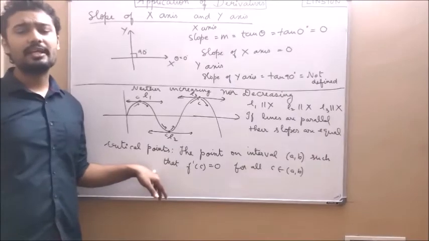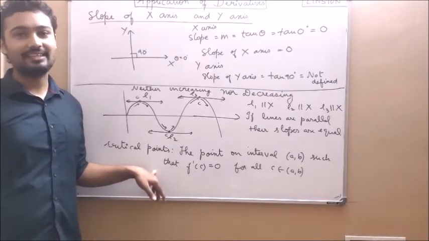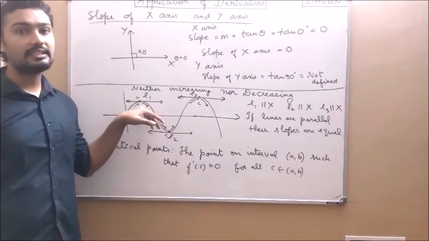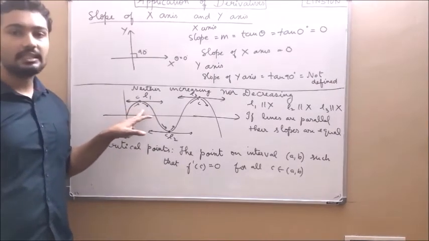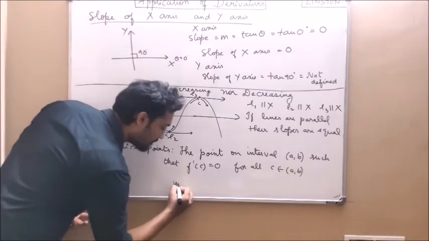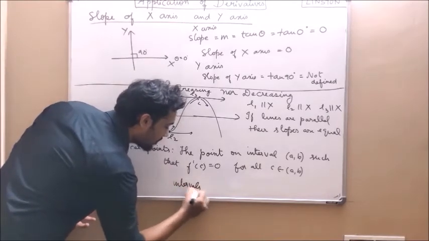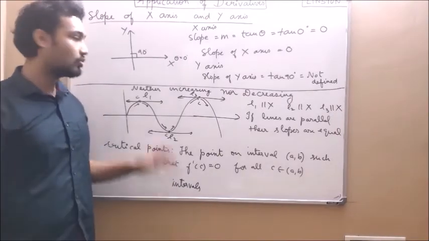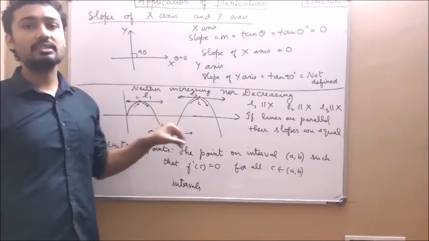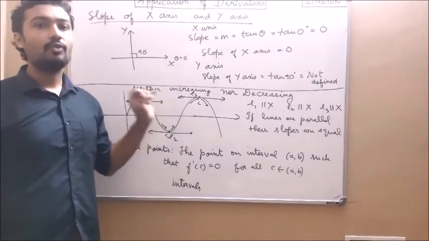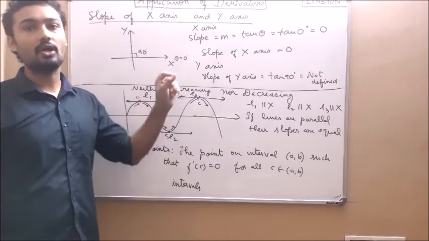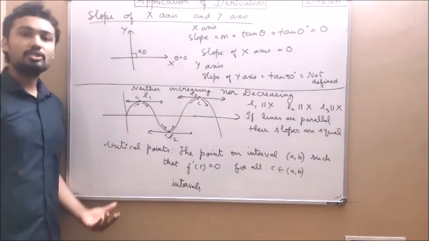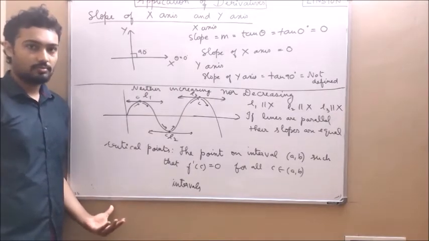So why is a critical point important or very critical? Because at this point either the function is increasing or decreasing. So we can get the intervals where the function increases or decreases. So the critical points give us the intervals on the real line R, which tell whether the function is increasing or decreasing. Hope all this concept is clear. Pause the video and take note.